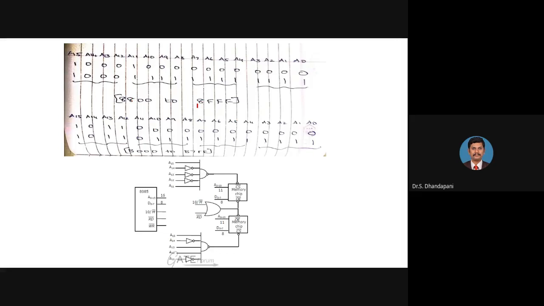After finding the answer, we can verify our answer also. If we subtract 8800 from 8FFF, the answer will be equal to 2048 in decimal. This is available in hexadecimal. If you convert these two numbers to decimal and subtract, we can verify it is 2048. So that is the clue to check whether our answer is correct or not.